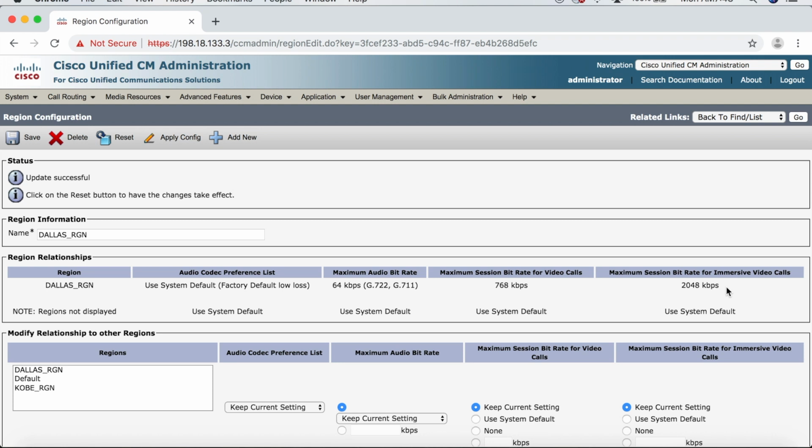Now we need to configure for when we're calling across the WAN, either from Kobe to Dallas or Dallas to Kobe. Now, what's really nice about this is that we can configure it one way, and then the CUCM will configure it for us in the reverse direction automatically. So all we really need to do is configure it for Dallas to Kobe, and then it will automatically be configured for Kobe to Dallas. So we're already in the Dallas region here. So we can just come down here and select